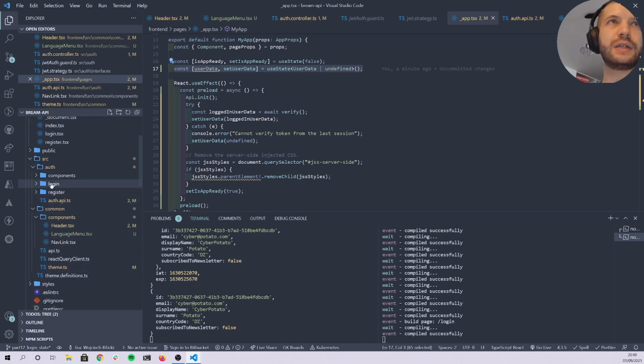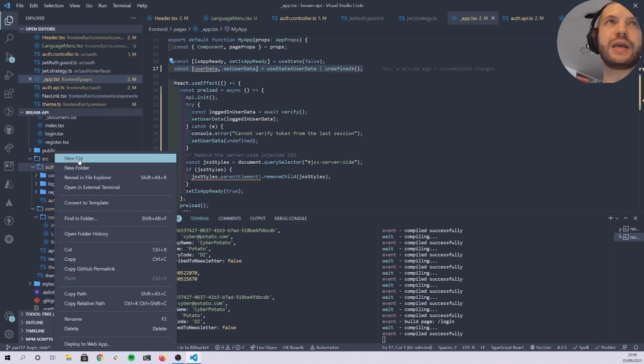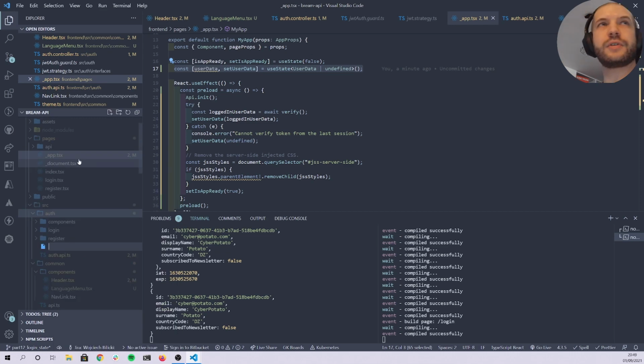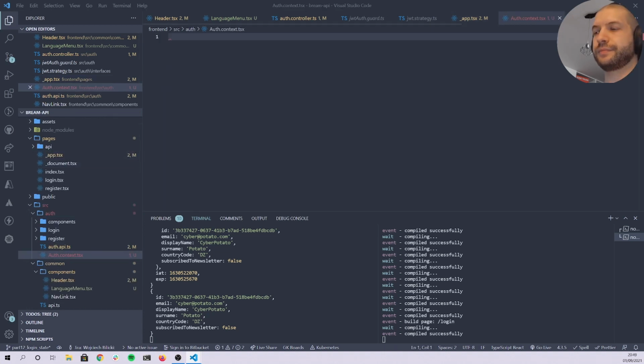So let's create our auth context here. This is auth.context.tsx, I believe. Or actually TS is fine, because we won't be using any